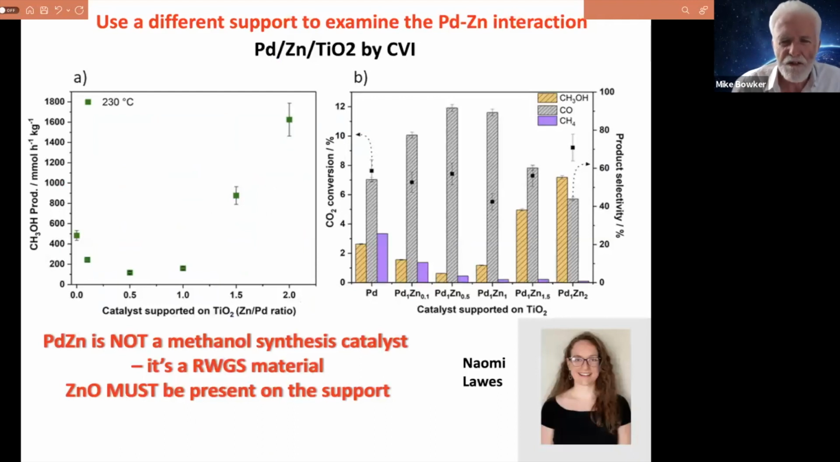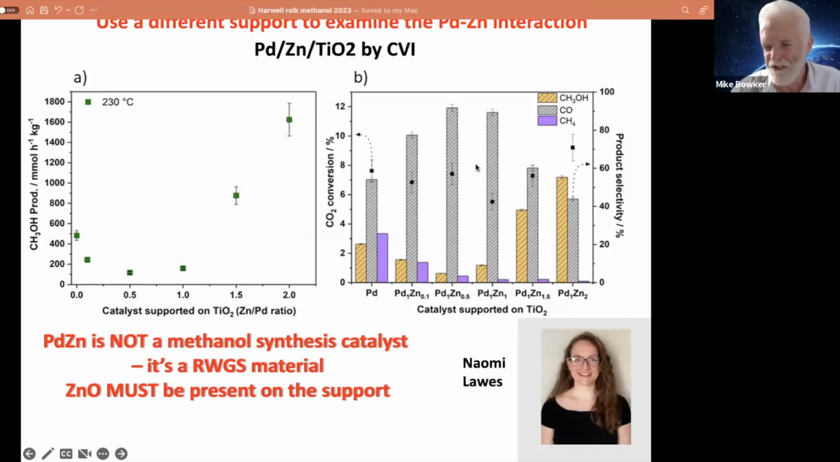So we went on to do slightly more complicated experiments to try to vary the palladium-zinc ratio in a controlled manner. Naomi Laws did all this work on depositing palladium and zinc by CVI methods onto P25 titania, which is about 55 square meters per gram in surface area. If we concentrate on this right-hand curve, when it's pure palladium, it's much as we might expect. The conversion doesn't vary hugely within error across this range of varying zinc loading. It's around 8 to 9%